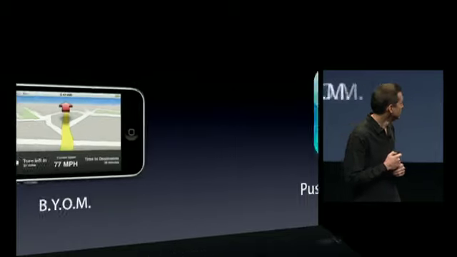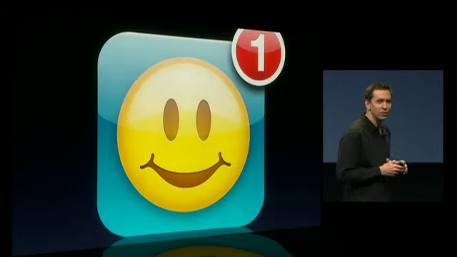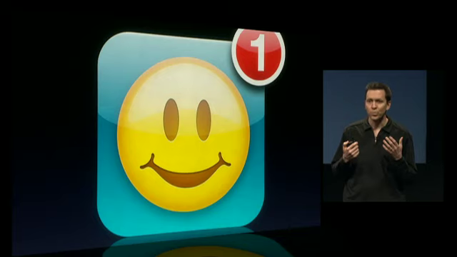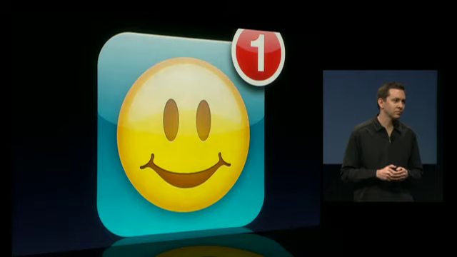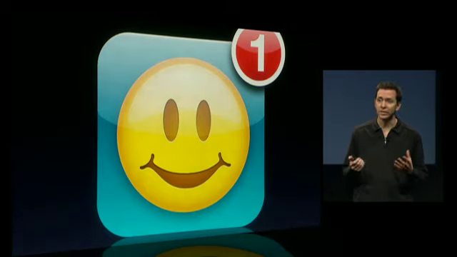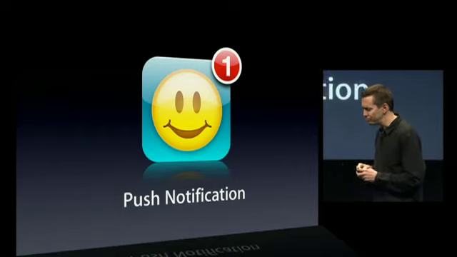Next, push notification. You know, we're late on this one. We announced this last year, and we expected to have this up in production by the end of the year, and we didn't. And there's a few reasons for this. Most importantly,